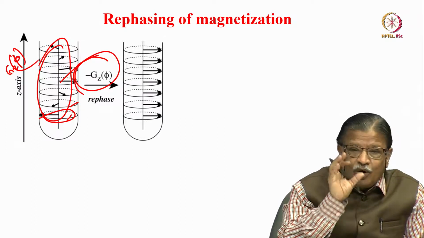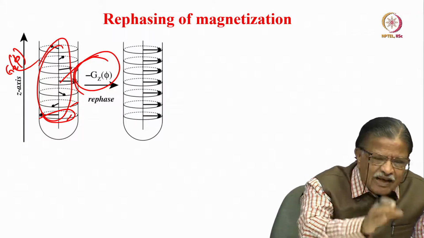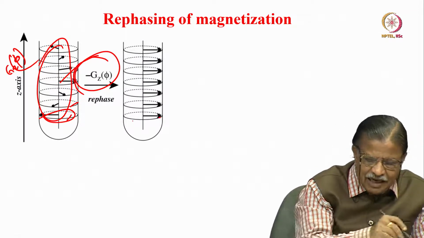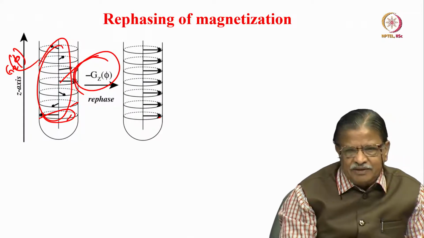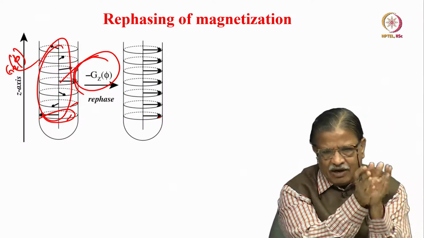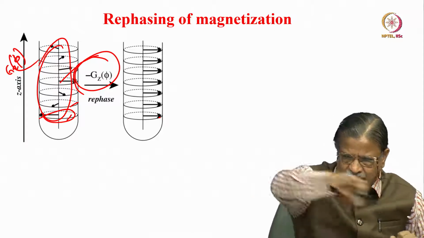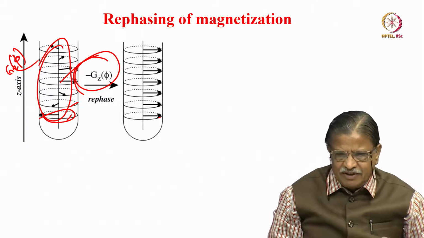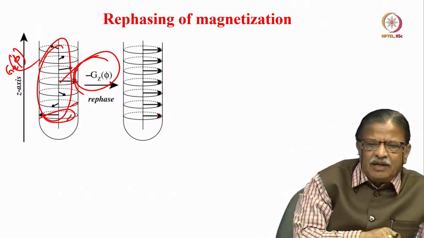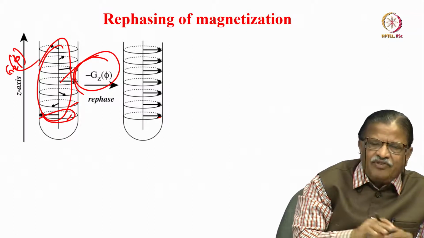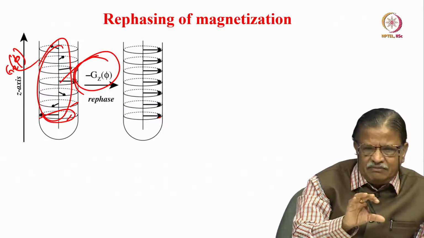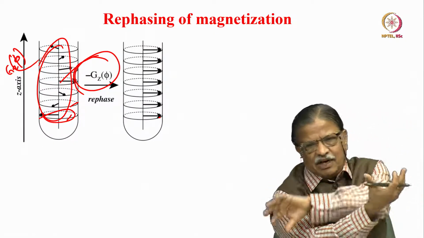It is like a spin echo. Exactly what happens is that wherever the spins started, they go back to the same place. It started like this earlier and it comes back to the same place again. This is what is called rephasing. So the spins were completely homogeneous and precessing at a particular frequency. You created inhomogeneity, so different slices of the sample are now precessing at different frequencies and their phases are different. After some time, you apply an equivalent gradient with opposite sign, and the spins will start going backwards.